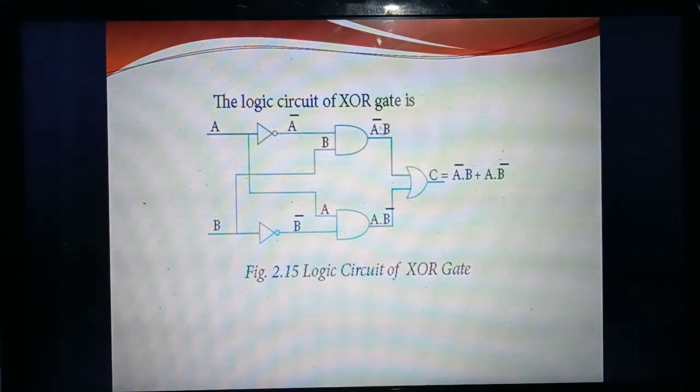So now A bar dot B is there, then A dot B bar is there. You need to add both of these. To add, which gate should you draw? Plus operator. Plus means which gate? OR gate. So both these lines you are connecting with which gate? OR gate. Understand, are you now getting the answer? A bar dot B plus A dot B bar. Understand how you get the circuit diagram?